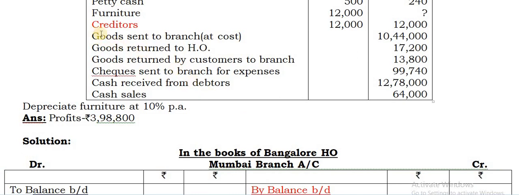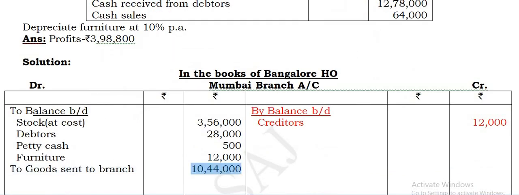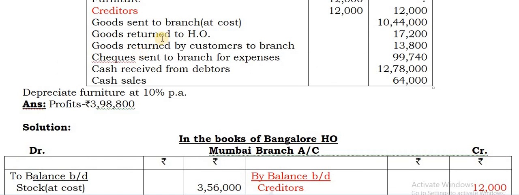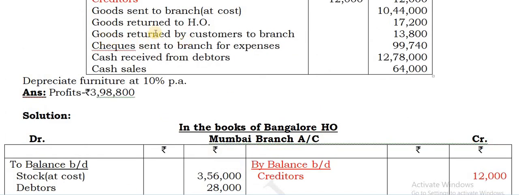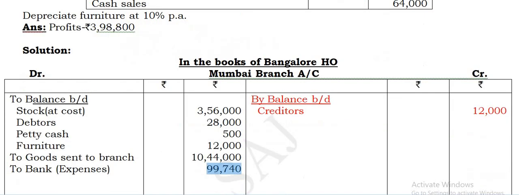Right. Next, closing values we shall see at the end. Then goods sent to branch at cost. This you can take on debit side. Then goods returned to head office. This you can take on credit side. Before that, the bank expenses here, whatever is being given, that is checks sent to branch. This is an item to be taken on debit side. So you can take up that 99,740. Then you can go for the entering of the goods